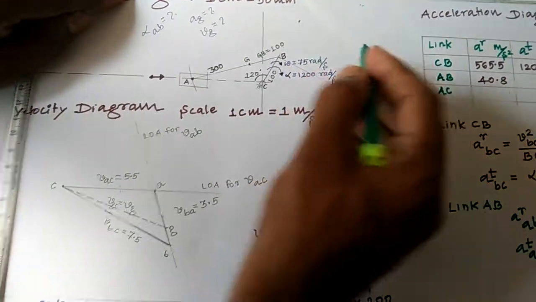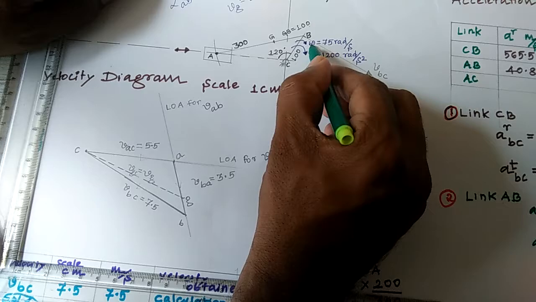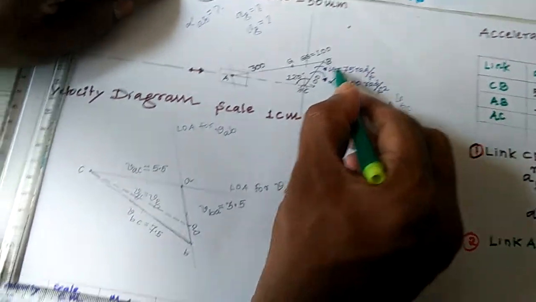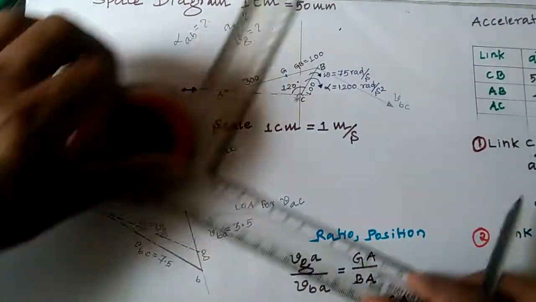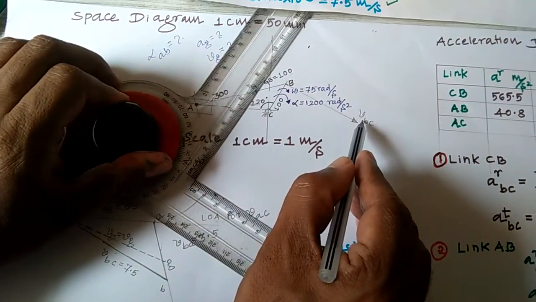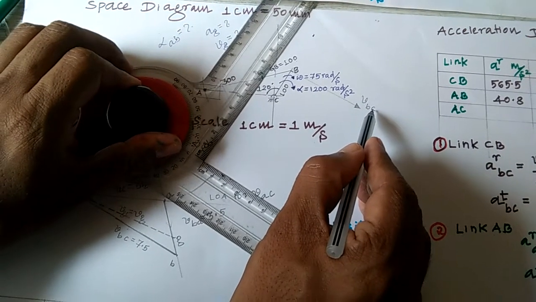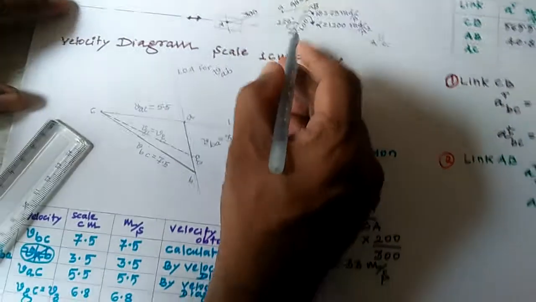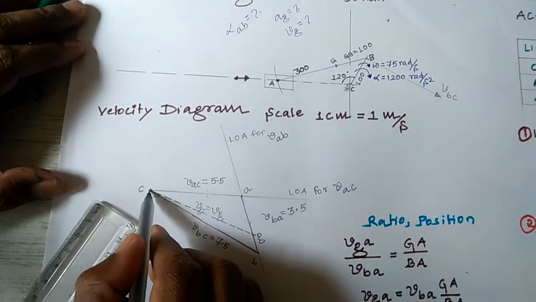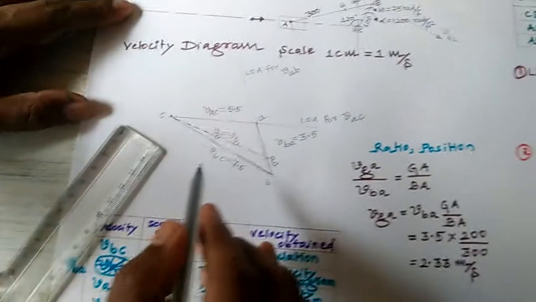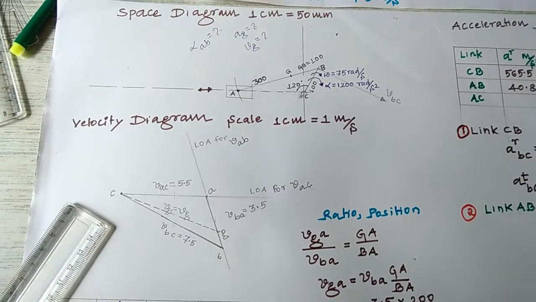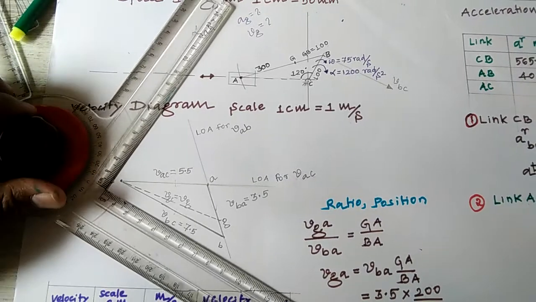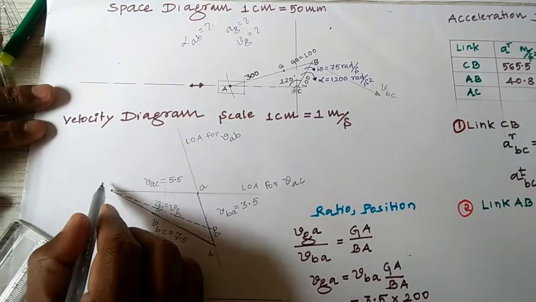Okay. Then using this one, you know the magnitude and direction. How magnitude and direction? Direction is, omega is rotating in clockwise direction. That is the direction, it is exactly perpendicular to CB. I have written this is perpendicular, the velocity of B with respect to C. I have drawn this one. Here C is a fixed point. I already drew the velocity diagram to save time, so I can give the maximum time for the acceleration diagram. That's why I have written the velocity diagram already. This is CB. C is a fixed point.